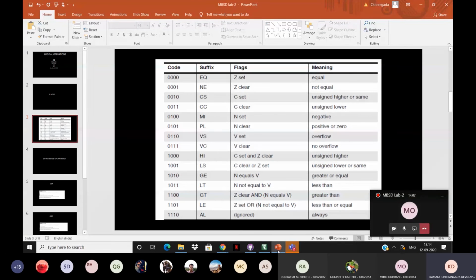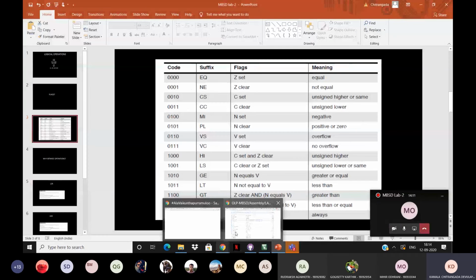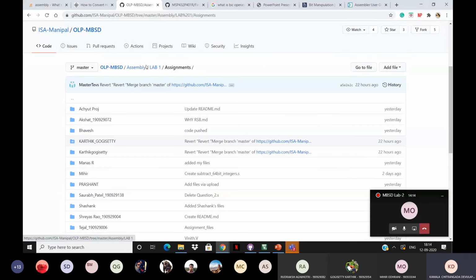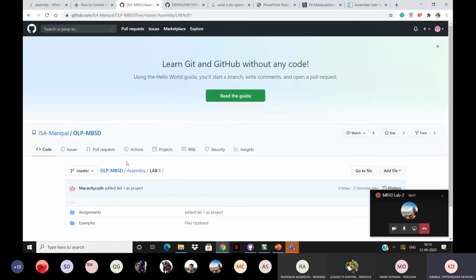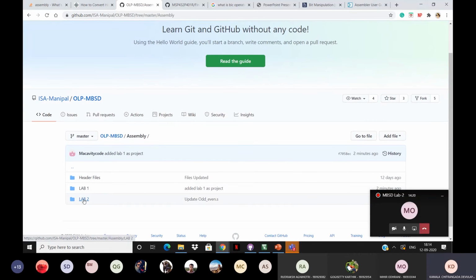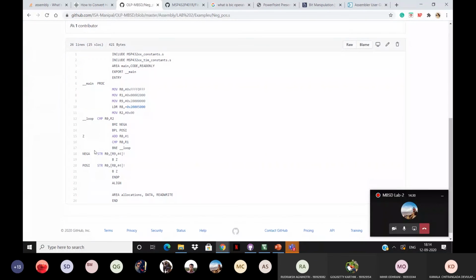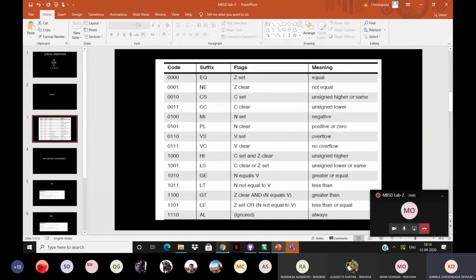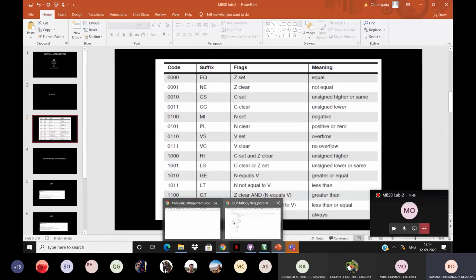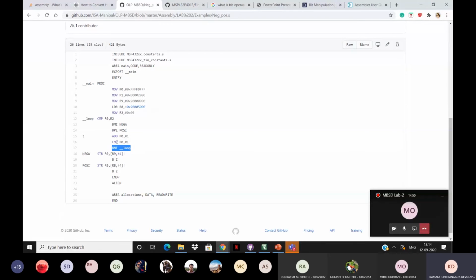So EQ, I think I pushed one code. So the BNE loop that you see here, that NE is basically the NE here, which says that when my Z flag is not equal, like the two operands that I give here, for example, compare R0 and R1, if they're not equal, then I want this loop to run.